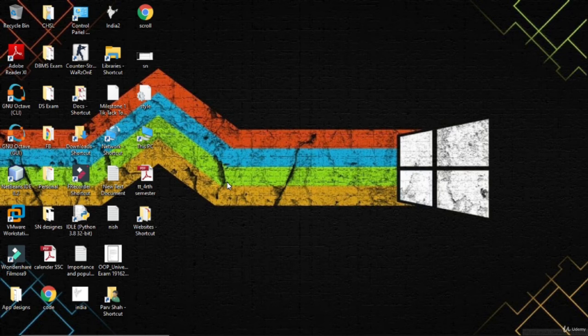I have my Tails OS ready, but now I'll have to shut down the PC and open the boot menu. This is an HP PC, so the key for opening the boot menu is F9. It can be different depending on your PC model, but yes. So I'll shift to the external camera now, because the boot menu cannot be screen recorded. But we'll see Tails installation. We'll see Tails configuration. There's not much configuration, but yes, we'll see that. We'll also see the features given to us by Tails. So let's shift to the external camera.